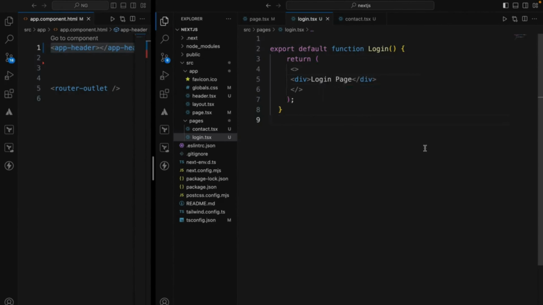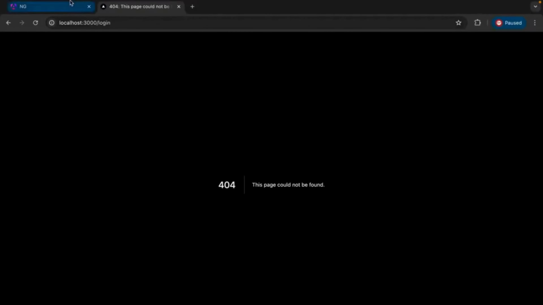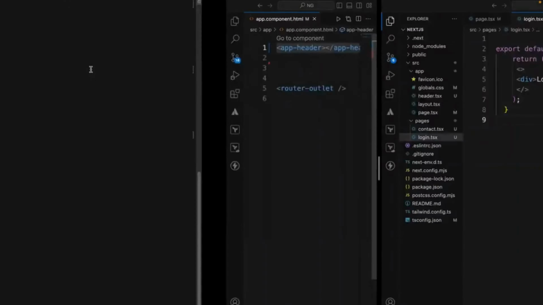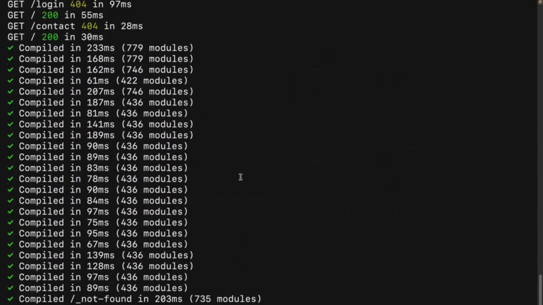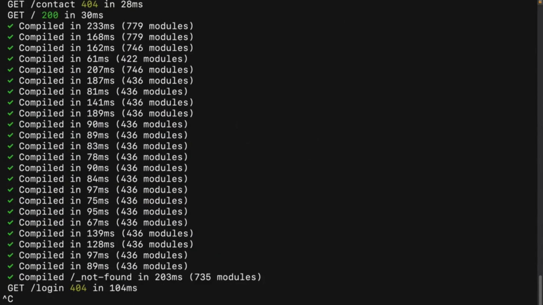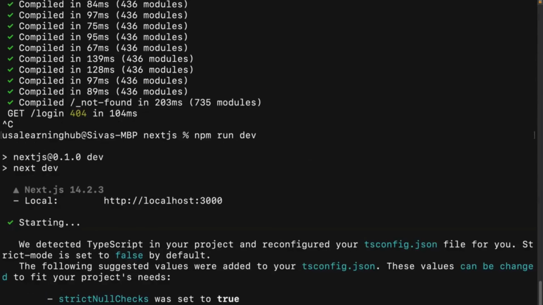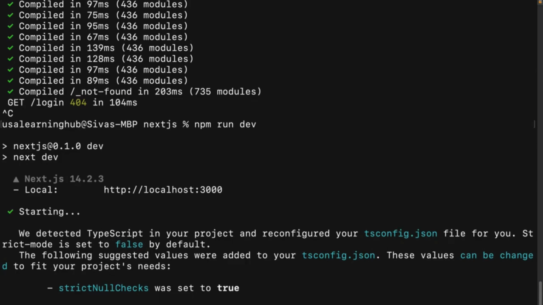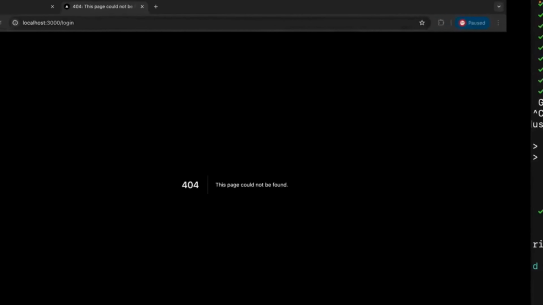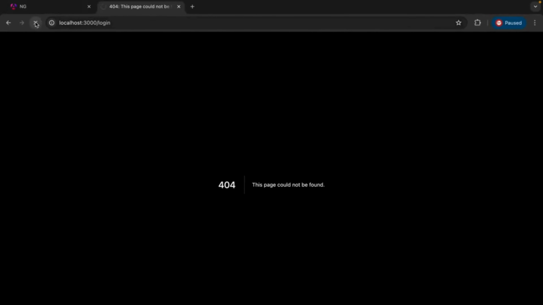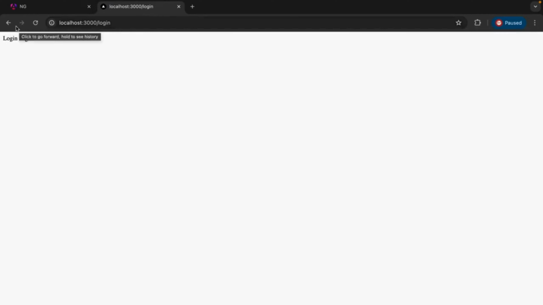Okay, now let's check the navigation. So when I click login, so sometimes this Next.js is not directly working. Okay, let me restart the Next.js application. It is not picking up the change updates right away. So now I restarted it. Yeah, now if you see,